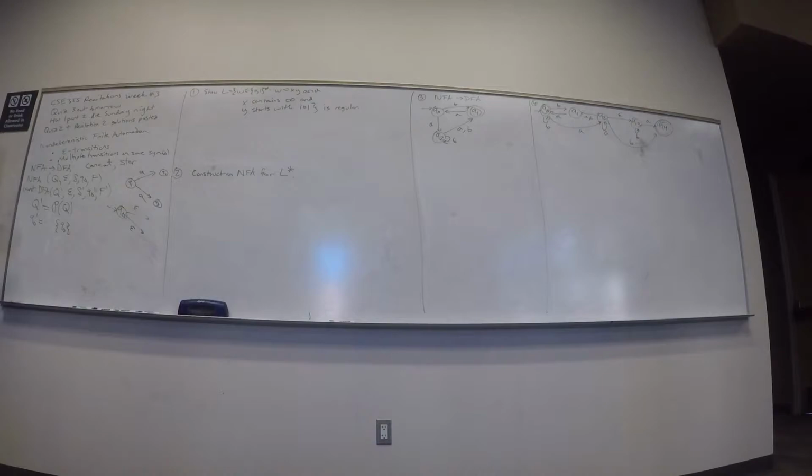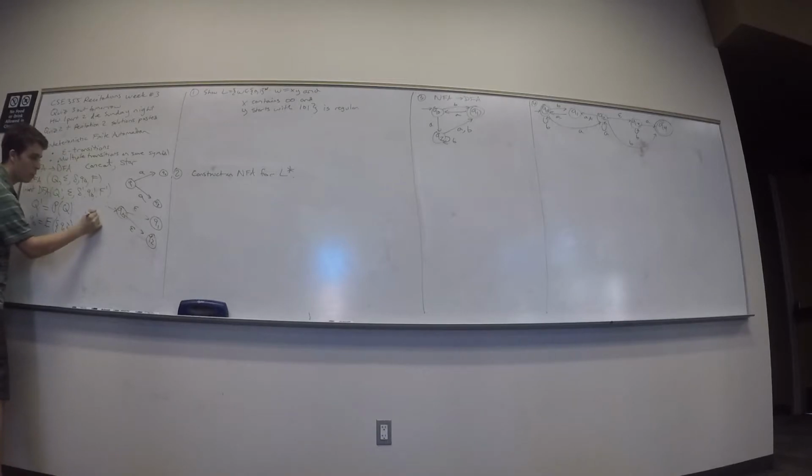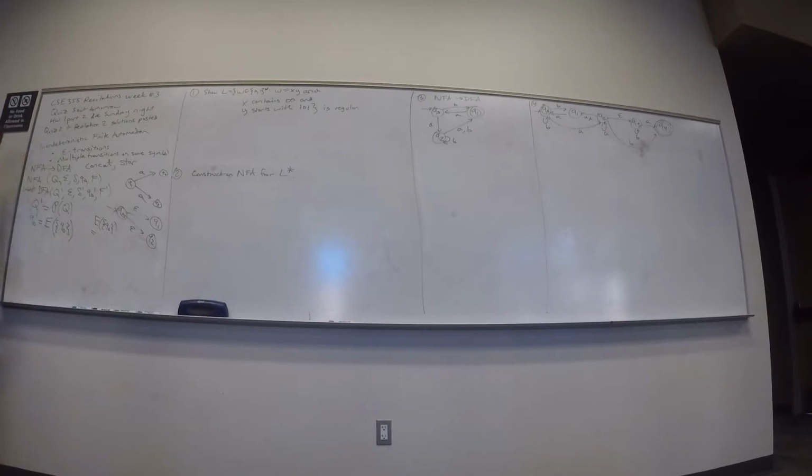Epsilon closure, right? So what does that mean? It says whatever set we are currently in, in this case it happens to be just Q0, find out everywhere you can reach via epsilon transitions only, and then put them all as a single state. Okay? So I really want the epsilon closure of Q0. So in this case, if it went to Q1 and Q2, then what is the epsilon closure of the start state Q0? Well, it's everywhere I can reach via 0 or more epsilon transitions. So where can I go in 0 or more epsilon transitions?